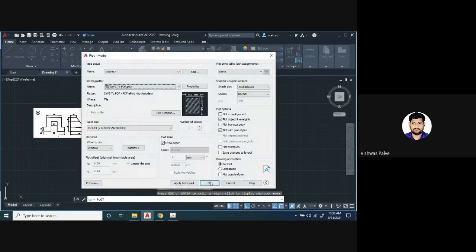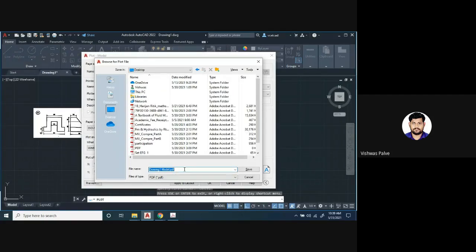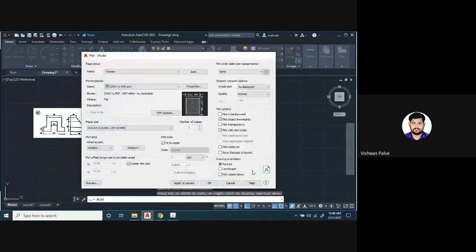There is the option of OK, right? Click here OK. This file will get saved. Where do you want to save the file? I want to save it on the desktop. The format will remain the same, 99 underscore my name. Write your complete name, underscore EG, underscore PRC01. Okay, this is my prac01. I will save it. Is that clear?